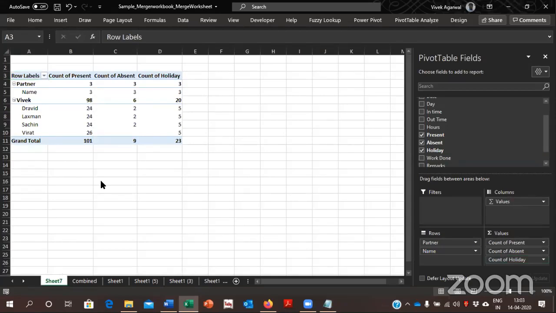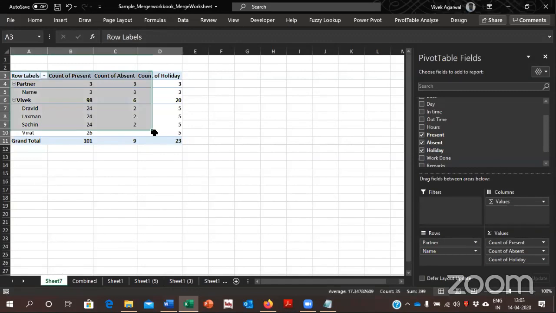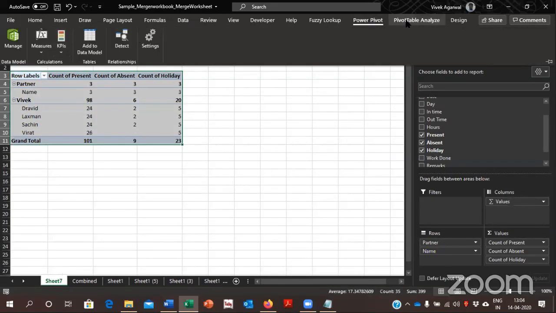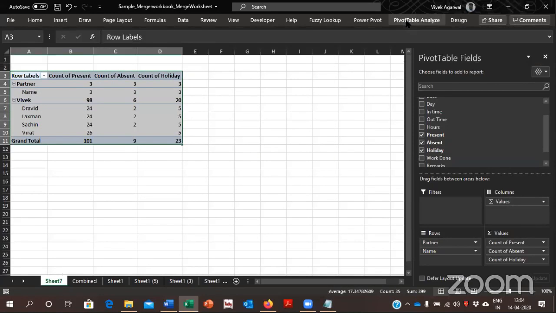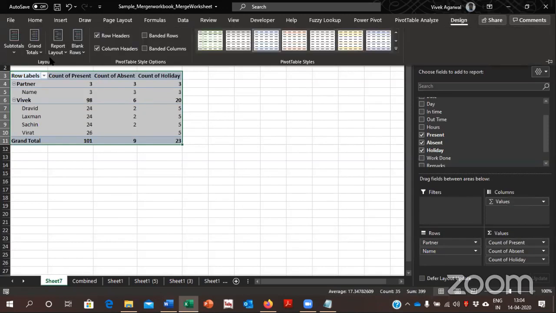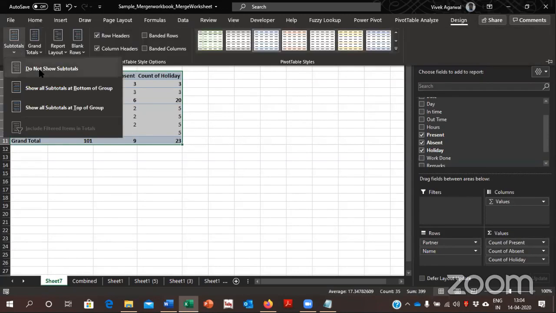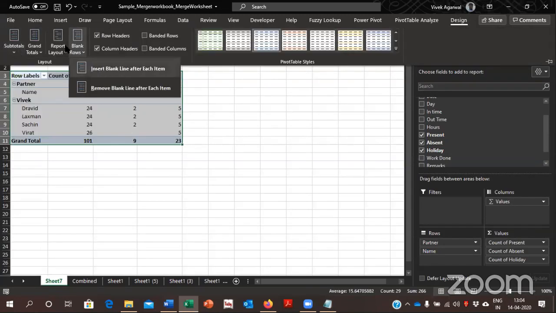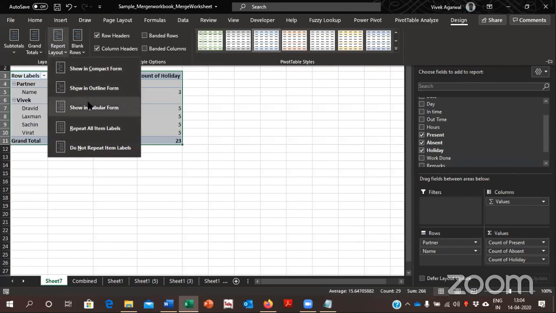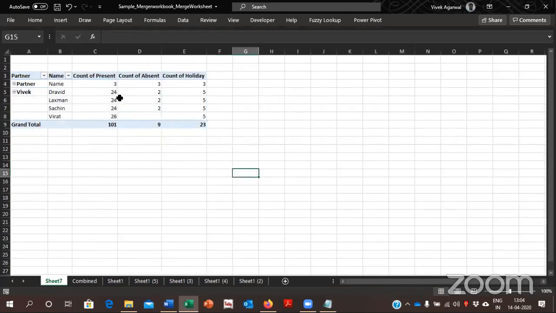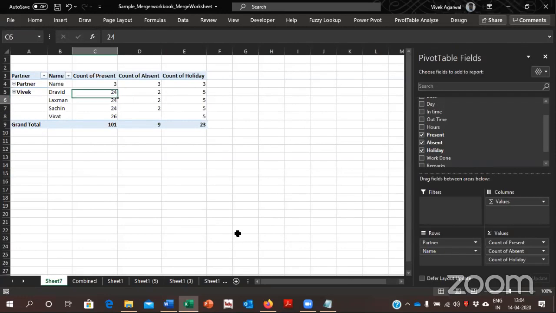Just a bit of designing. Control A, pivot table. Design. Do not show subtotal. Show in tabular form. So David was present for 24 days, Lakshman 24 days, Sachin 24 days, Virat is very